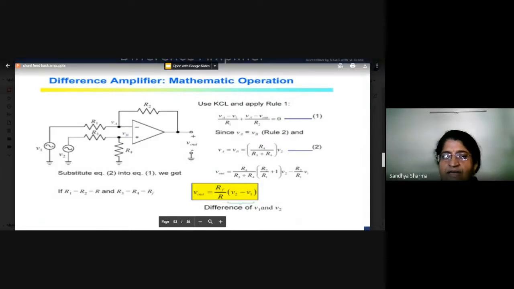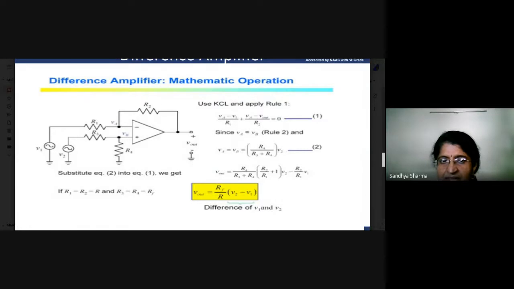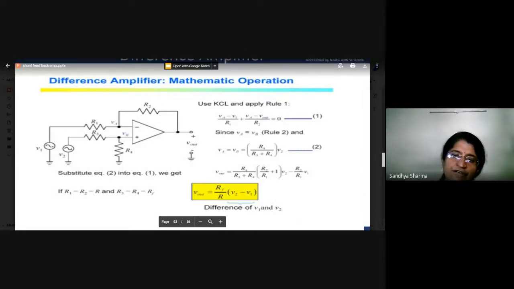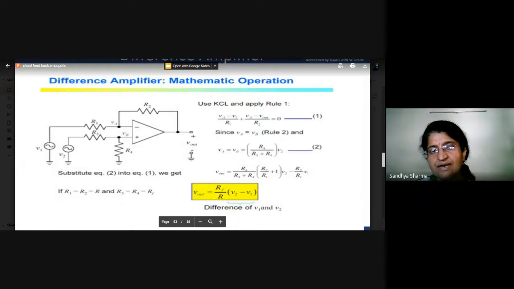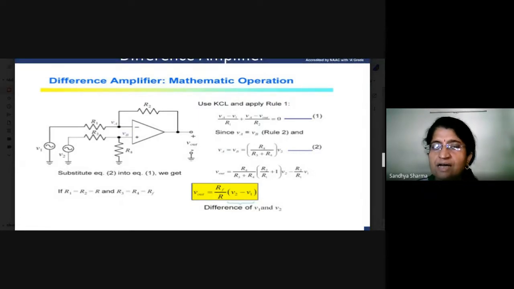So you have to calculate the drop across R4, and this resistance is connected to the supply voltage V2. V2 voltage is divided across two resistances. So the drop across R4 is equal to R4 upon the total resistance, R3 plus R4. That is again a potential divider network, as we have seen in our previous slide. Using the potential divider network, we calculate the voltage across R4, which is equivalent to VB. Are you getting my point?